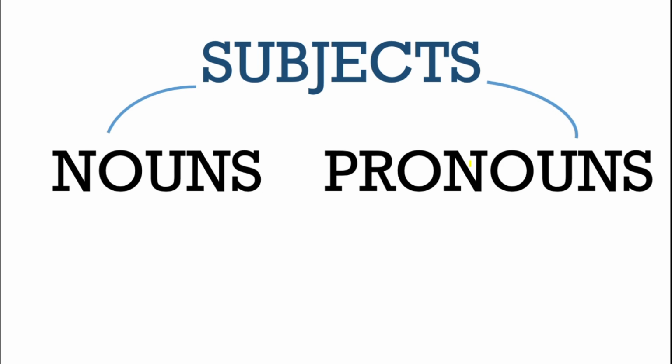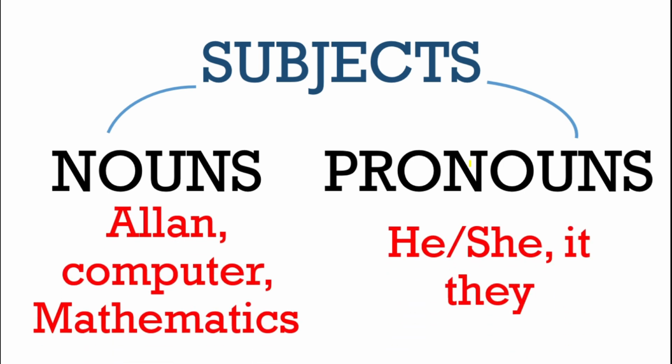Let us have a review of what you have learned in elementary English. Nouns refer to the name of place, person, things, events, idea, etc. Whereas pronouns substitute for the noun. Examples under nouns are Alan, computer, mathematics. For pronouns, we have